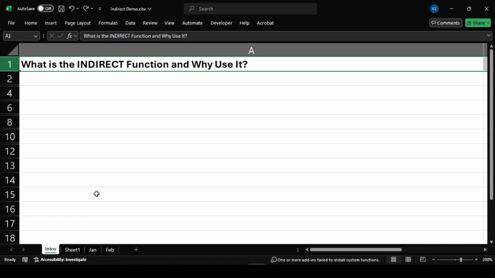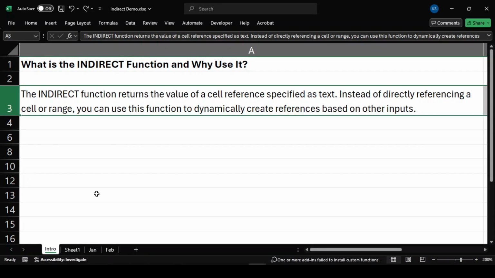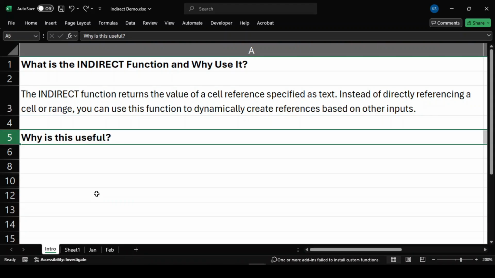What is the INDIRECT function and why use it? Let's begin with the basics. The INDIRECT function returns the value of a cell reference specified as text. Instead of directly referencing a cell or range, we can use this function to dynamically create references based on other inputs. This can be useful because: